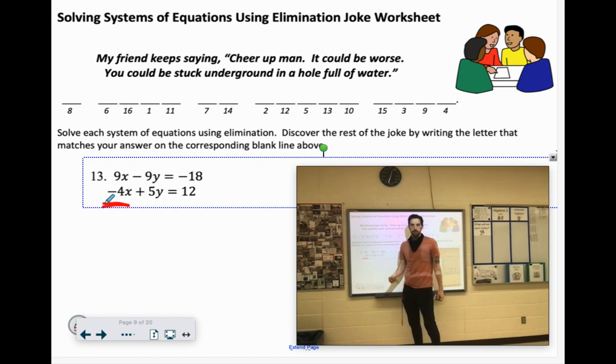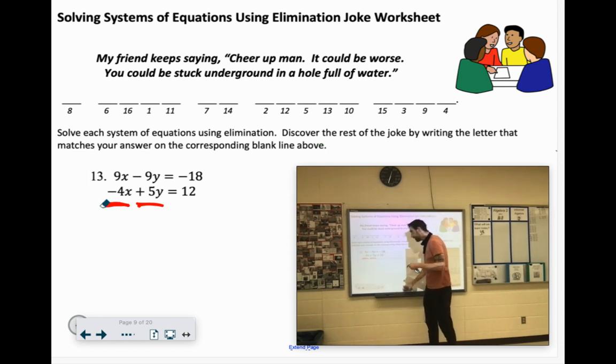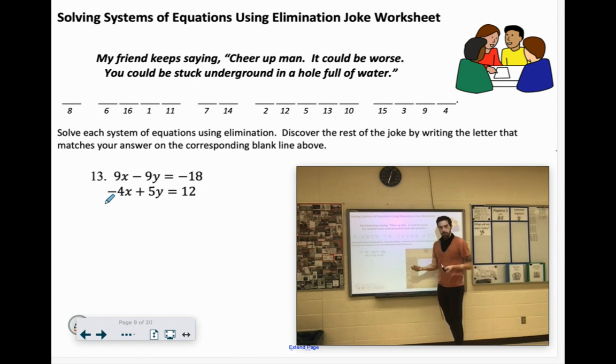be the same number. So, like if they were 9 and negative 9, that's great. You want one positive, one negative. Same with the y's. You can get the y's to match up. Now, neither one of these sets do, but you can always force them to. You can multiply them. As long as you multiply everything in the equation by the same number, then the equation